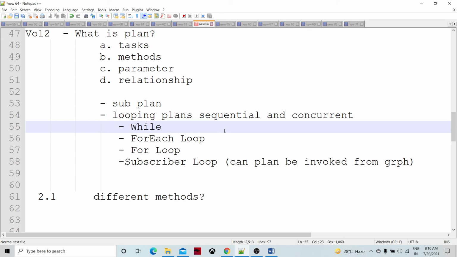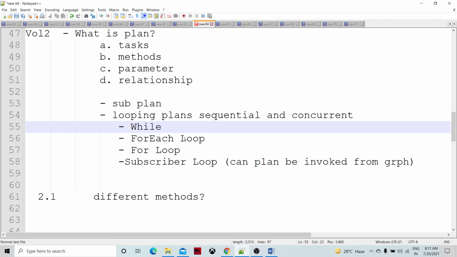Let's say we are going to create a file, append to it, and execute that looping plan until the size of that file is less than, let's say, 5 GB. Until that condition we are going to execute that looping plan. Could this while loop be concurrent? No, it is not, because it depends on a certain condition. So this while loop plan is always sequential.